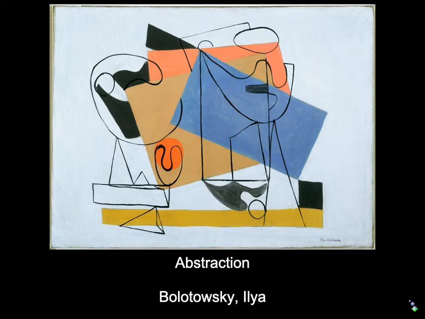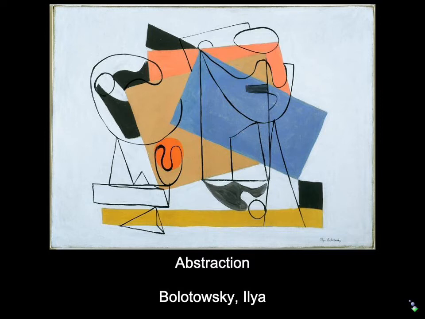The first I want to look at is Ilya Bolotowsky. He's actually a Russian immigrant, and he grew up in Russia and immigrated here as a young adult. He's been very influenced by Picasso, Braque, Léger, Miro, and a number of others, and you can see all that in this abstraction if you know those European artists. And there was a fair number of Americans working this way, but the AAA group, American Abstract Artists Group, ultimately tended to favor a tighter, more precise geometric abstraction.